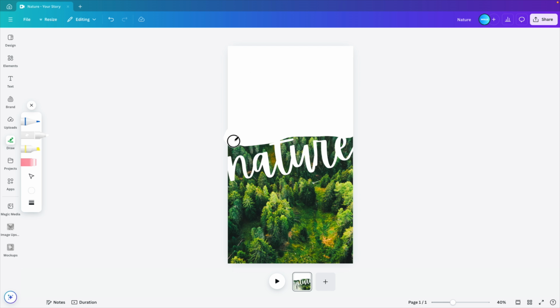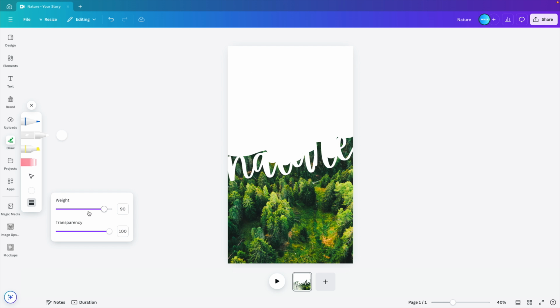And now I'm going to do the edges, so closer to the letters. You can also go in between, just like this. And then now we're going to select a finer brush. So we're going to weight options, reduce it in size, so we can do the final markings in between the